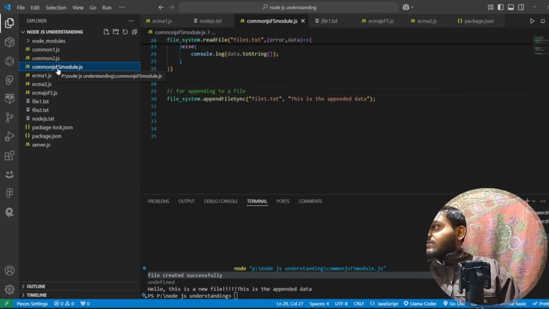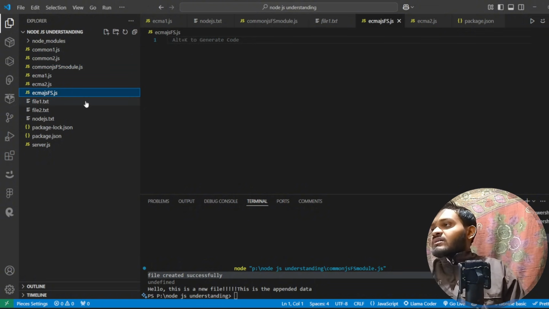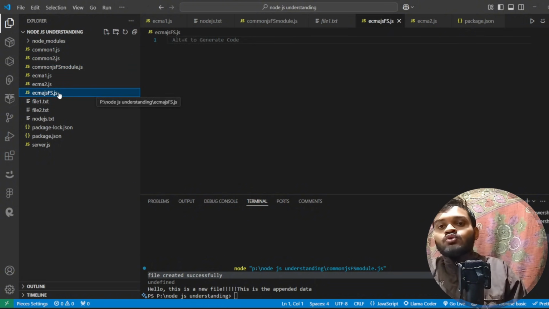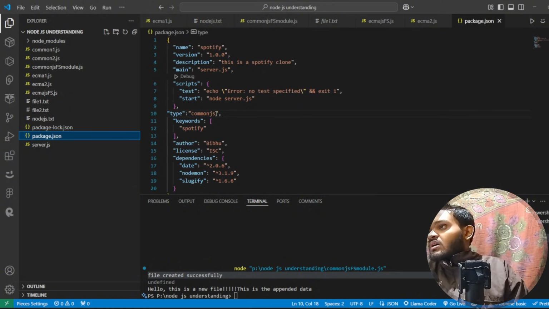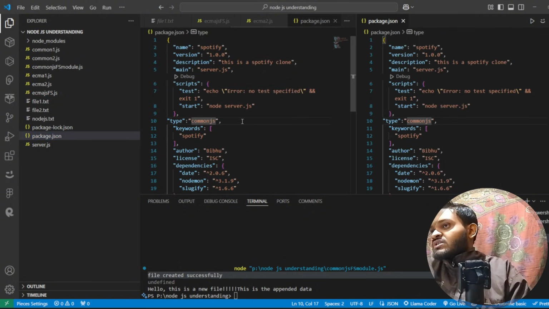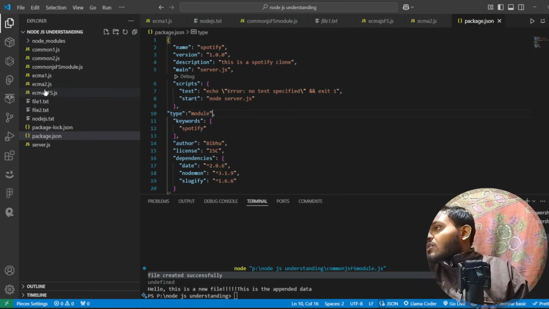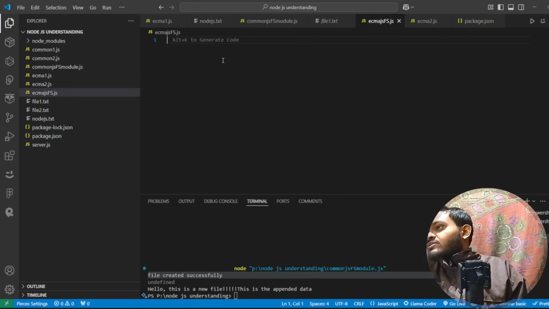Up to now we have just seen how to work with the file system by using the CommonJS module. Now we'll be learning how to do all these things, like working with the file system, by using the ECMAScript module. So before that, all you need to do is remove this CommonJS module. Okay, and after that what you need to do is